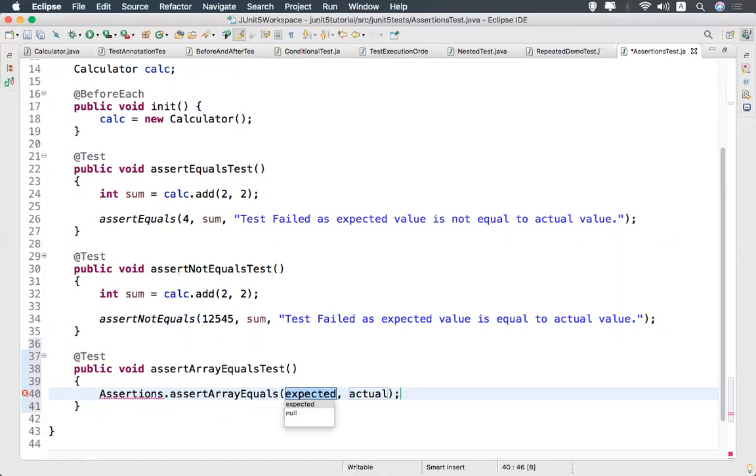This also has many variants, you can verify for string array, integer array, byte array, whatever it is. First expected. So I'll give new integer array of 1 comma 2 comma 3, and the actual also the same thing. Okay, I'm giving both the same, new integer array 1 to 3, new integer array 1 to 3.